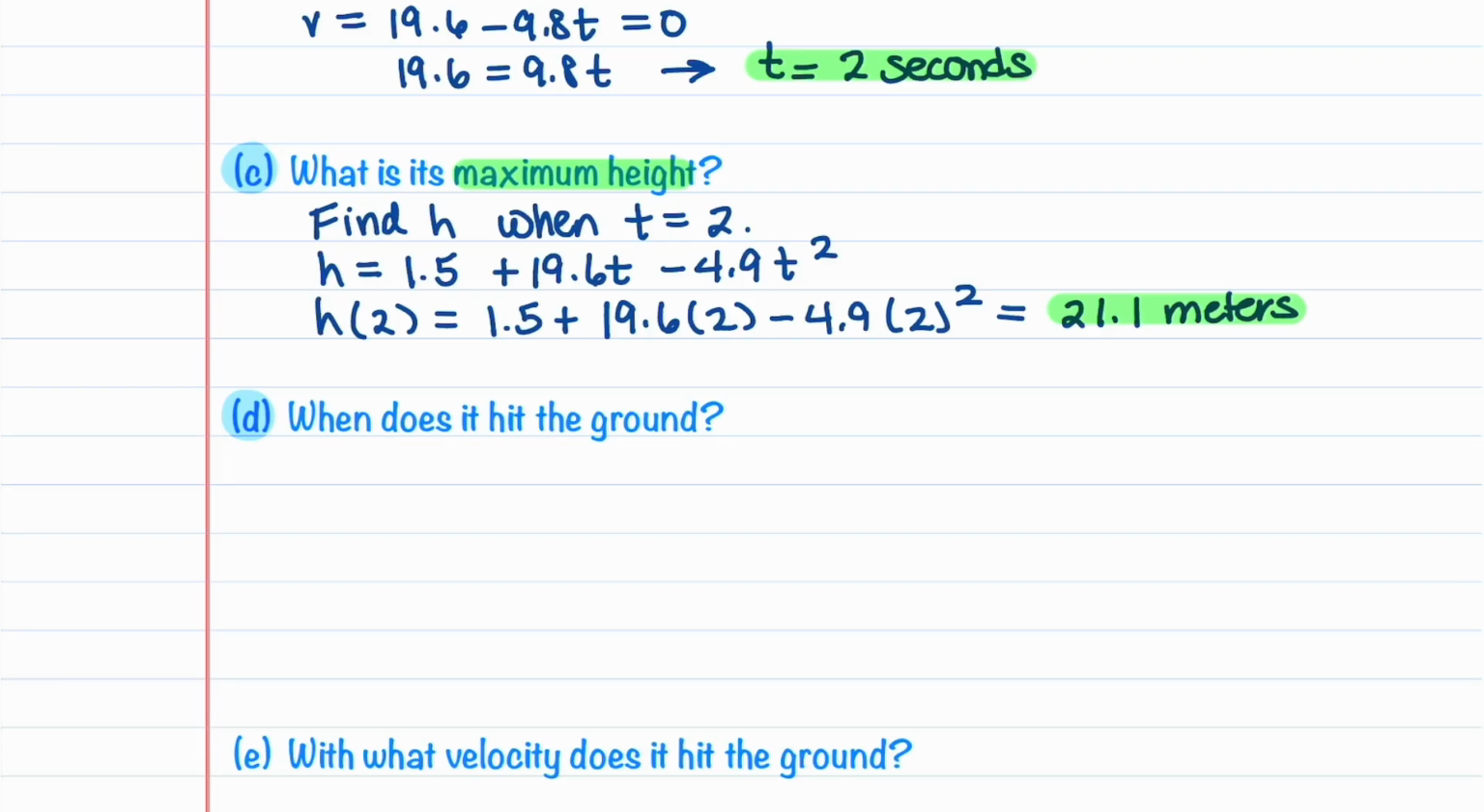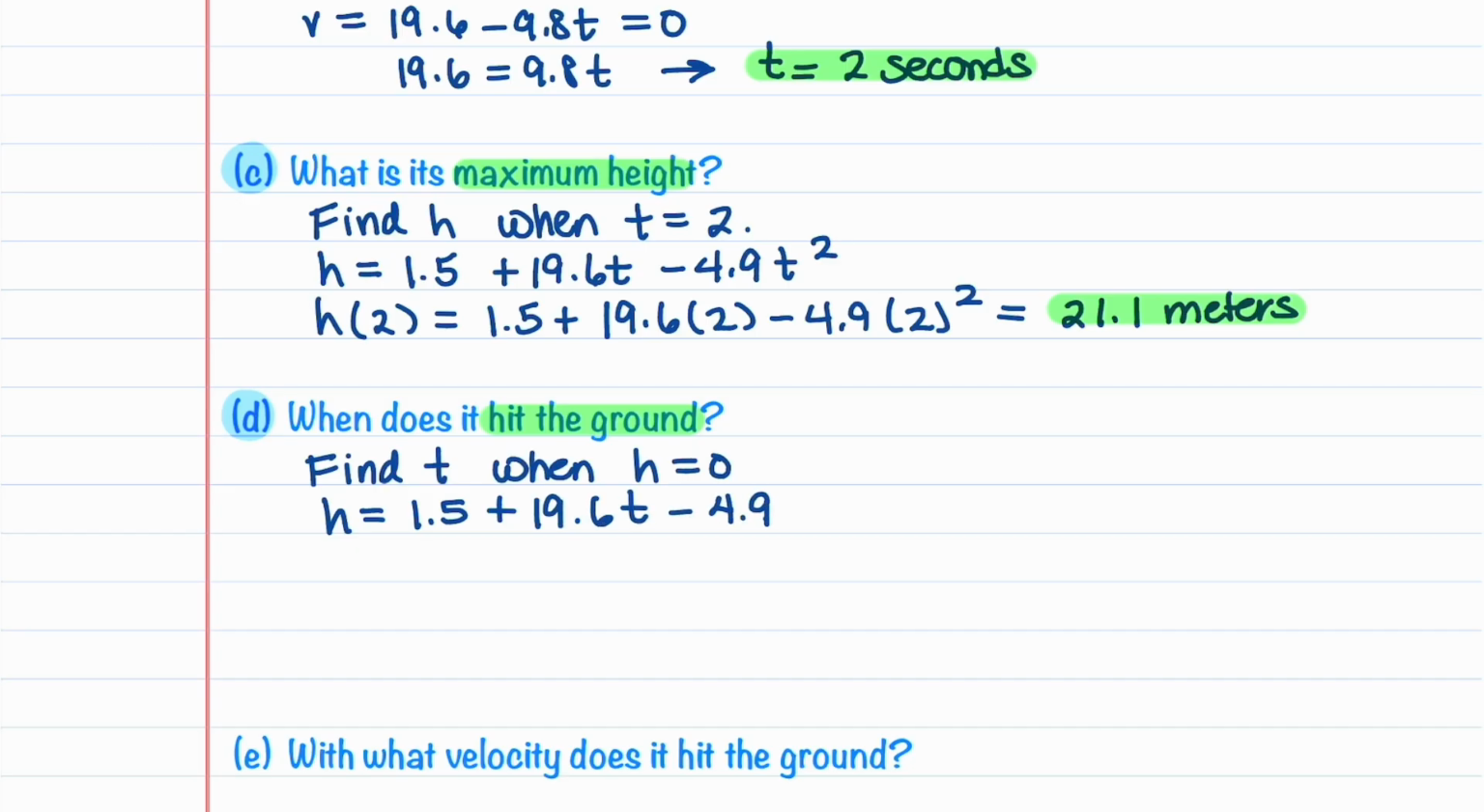Let's look at the next question. This question asks us, when does the projectile hit the ground? When our projectile hits the ground, our position is going to be 0. So we want to find t when our h is equal to 0. So our h is 1.5 plus 19.6t minus 4.9t squared, and we're going to set that equal to 0. We are going to have to use the quadratic formula to solve for this,